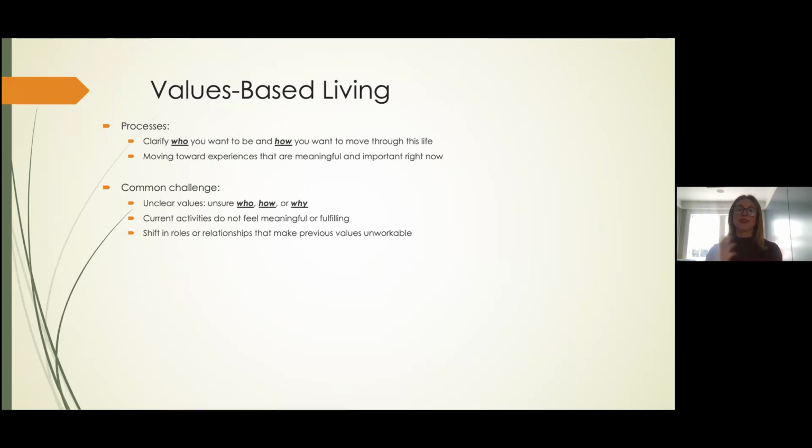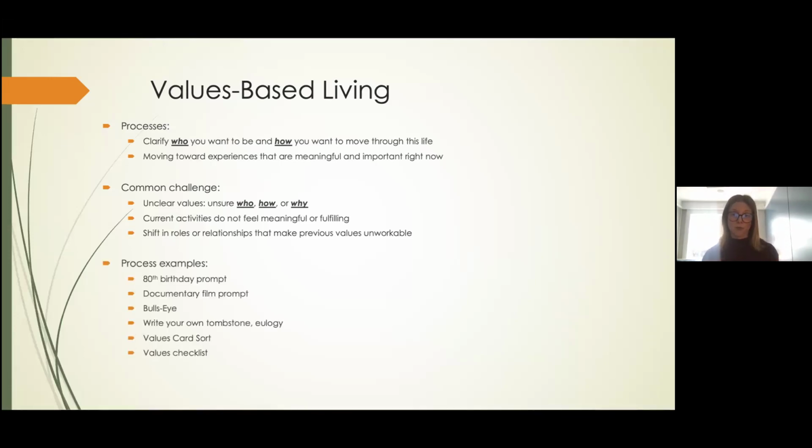So there might be time for new values, or a relationship ends and there had been something about values related to that relationship, healthy or not, that now shifts when that relationship changes, whether with a partner or a family member, whatever it might be. And so these are ways that we might start to notice that someone is feeling disconnected from a values-guided life.